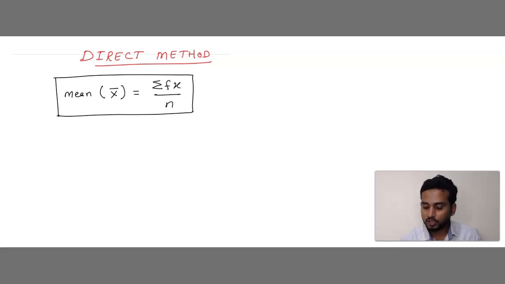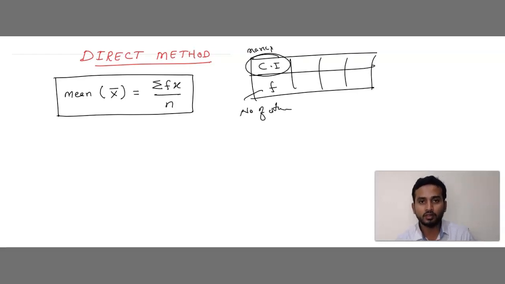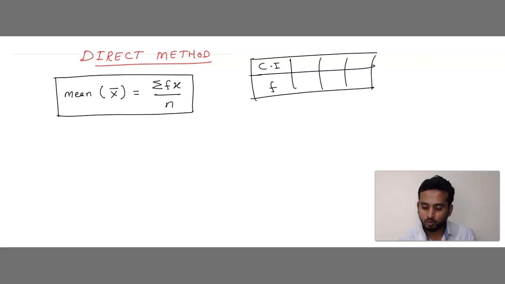After that, in your textbook or in your exam, they will give two sets of values. One is the class interval values and the other is the frequencies. Sometimes instead of class interval they will mention marks. Here f they will give as number of students or something like that. Whatever they have given as a range is the class interval. Whatever they have given as the numbers below is the frequency. Remember, that is constant. Don't get confused about what is what.